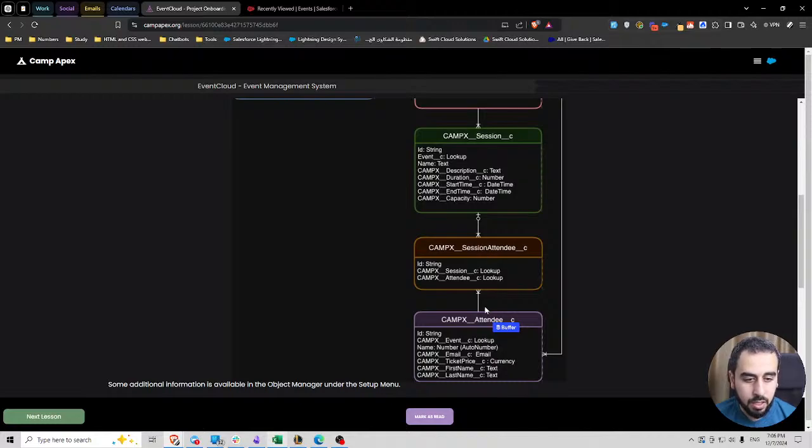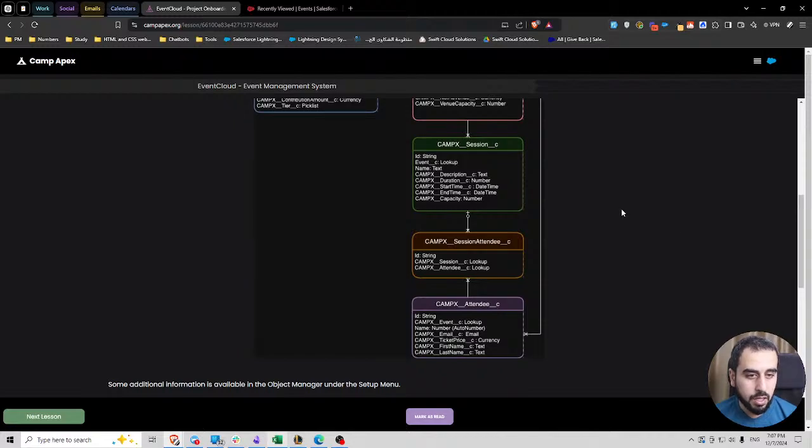The moment you see two lookup fields like this, or if you look at the relationship arrow and you see that this is one parent and this is another parent to one object, this is immediately a junction object, meaning it represents many-to-many relationships. And from a design perspective, if I were to put the data model together, the moment you see that you need